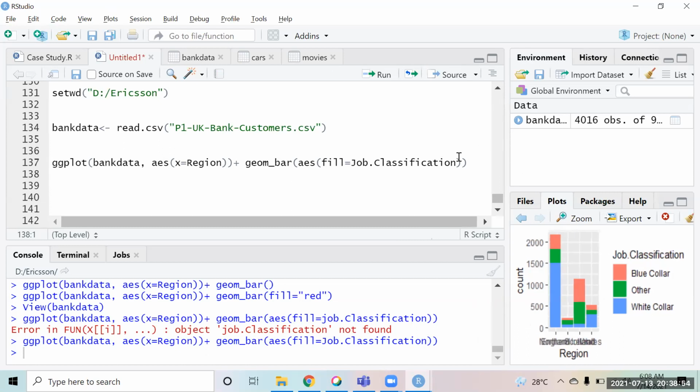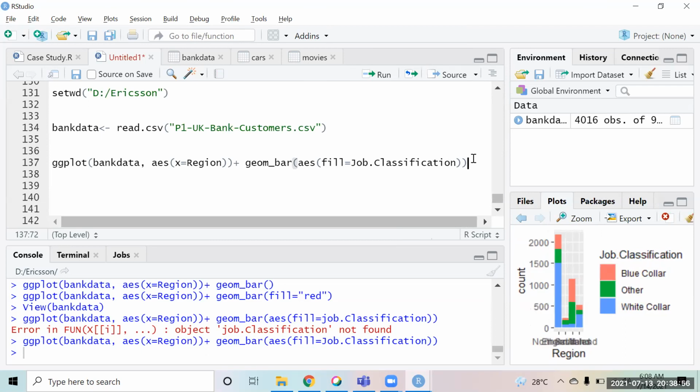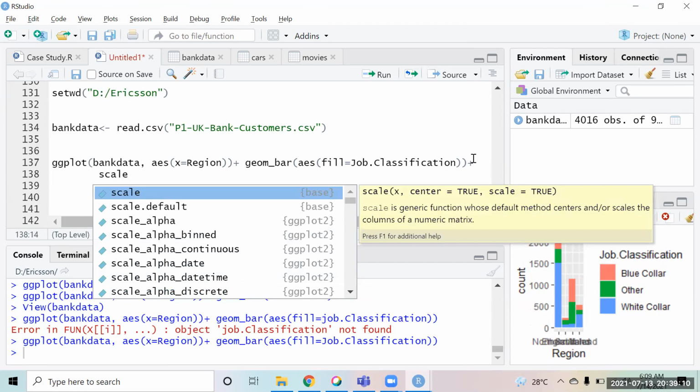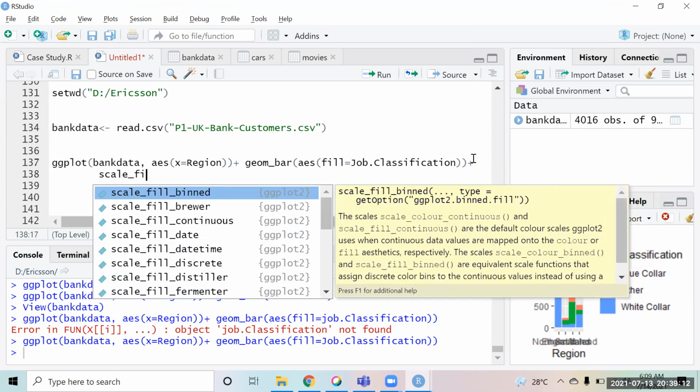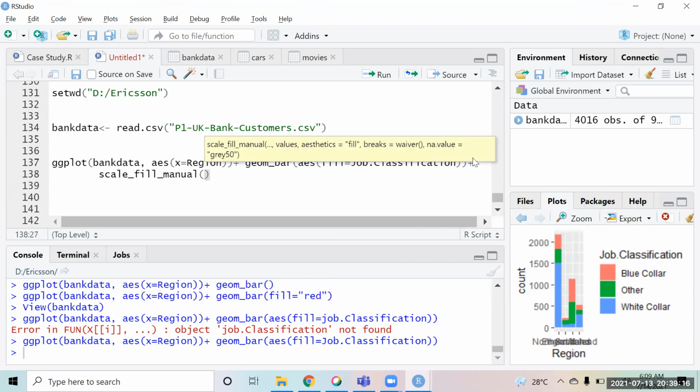Okay. So are you able to make this? Is there a way to change colors in the bar chart according to the classification? You can do that. So if you just come plus over here, you say scale, fill, you will find this.